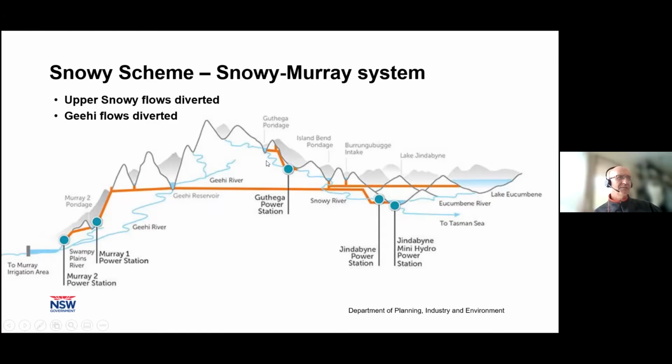And what I want to direct your attention to here is that each time they have a storage, like this is Guthega, this is the Snowy River coming in, probably skiing around here. It's stopped here and then diverted through tunnels to make electricity. Now, just below that dam, they've tried to stop effectively everything. So they're going to have a river channel with effectively no water in it, except maybe a